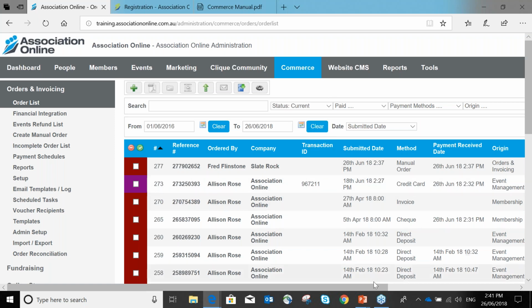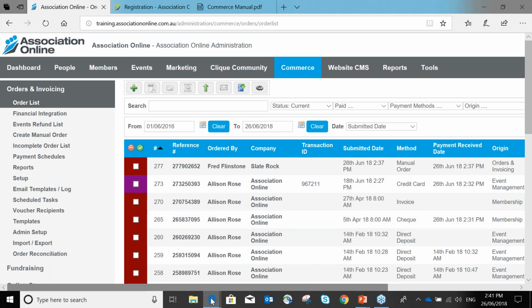Okay, so you can say, oh, that one's been refunded. Awesome. But then you manually have to go and put the money back into their bank account or check account or whatever it might be. But when you export this information, it'll say refund. So if I look in the order now,